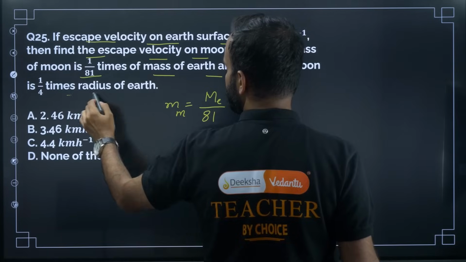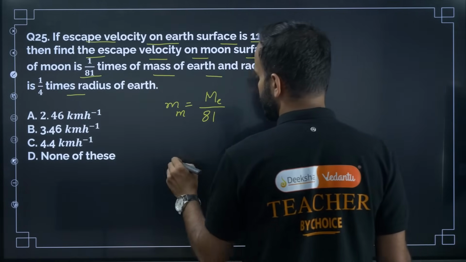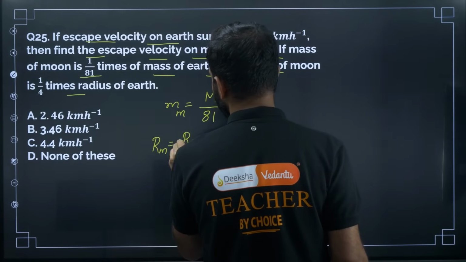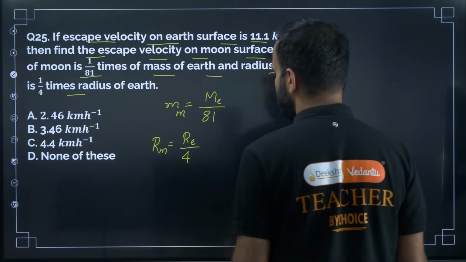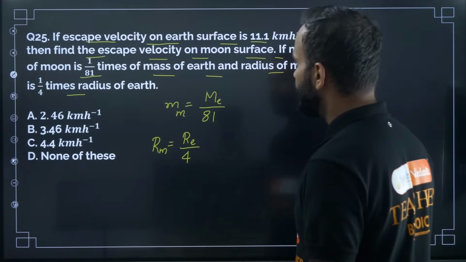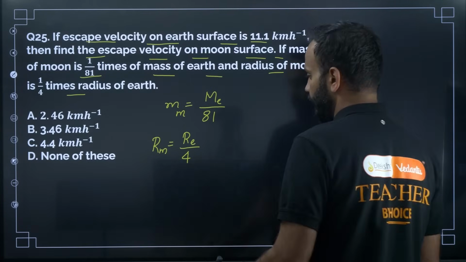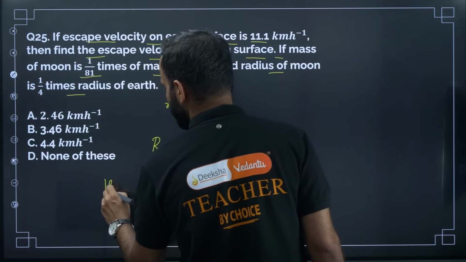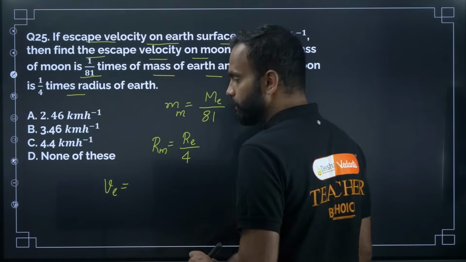The radius of the Moon is 1 by 4 times the radius of the Earth. So we need to find the escape velocity on the Moon. The expression of escape velocity is v equal to root of